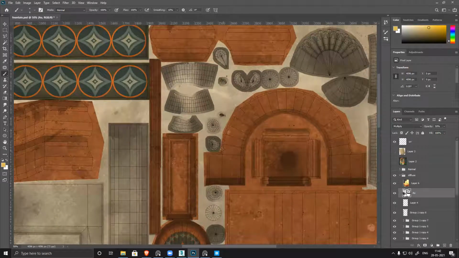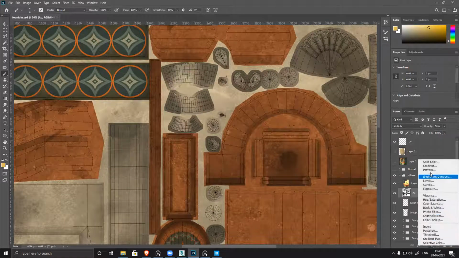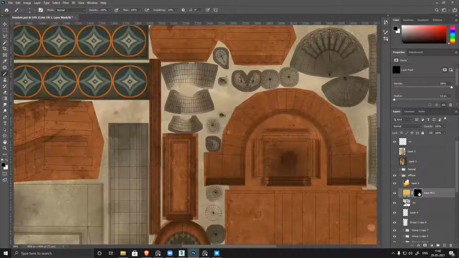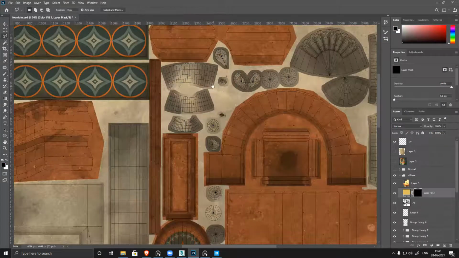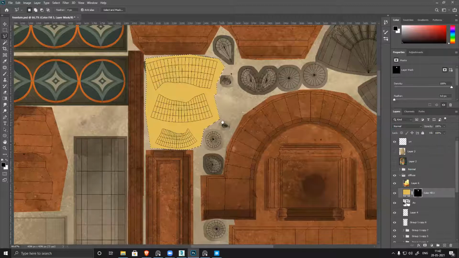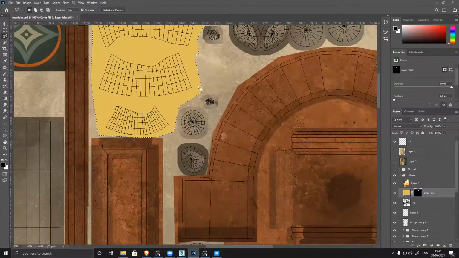So for the candle also, I'll use the same technique. Solid color, fill black. And I think this is also the same thing.